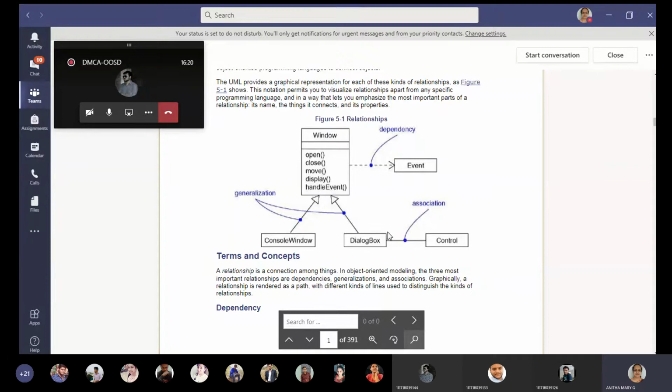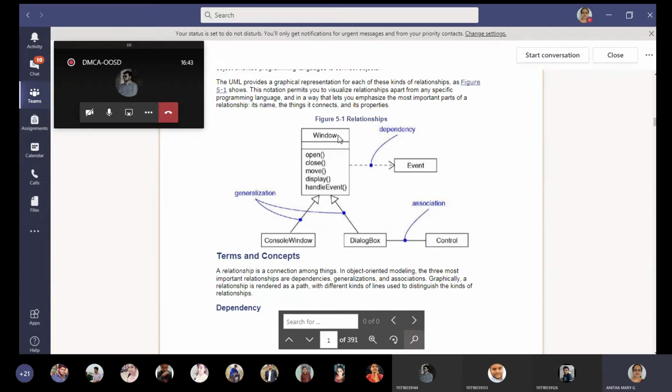The other classes, we are just showing in the simple form of a class. We are not showing any attributes or operations. Just giving a rectangular box with a name is also a class, a simple class representation. If three compartments are shown, it is the expanded form of a class.